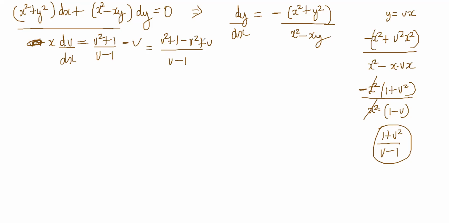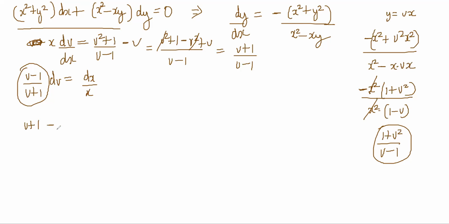Correct? Yes. So this cancels and this becomes (v+1)/(v-1). Now it is very easy. So we get (v-1)/(v+1) dv = dx/x, right? And this is easily doable because you can write it as v + 1 - 2. So this will become 1 - 2/(v+1)